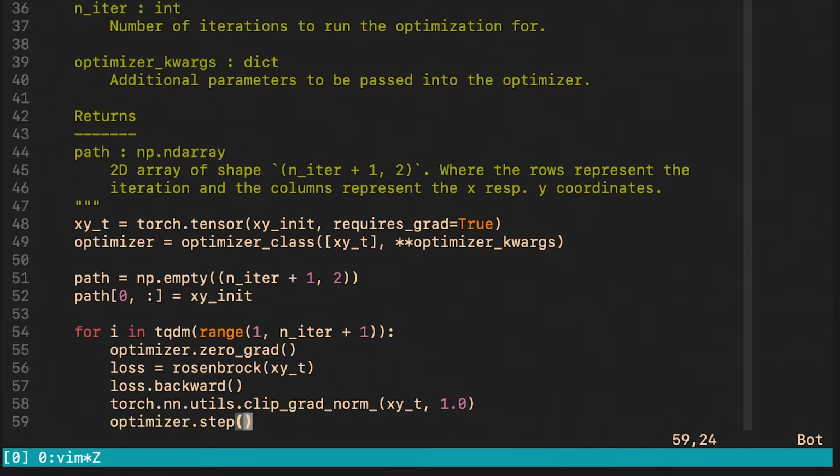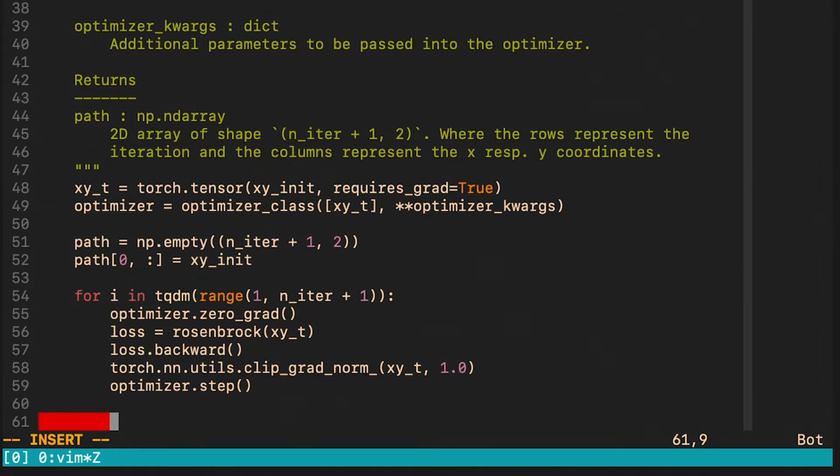We take all our gradients and we clip their norm to 1. We do this to guarantee that the gradients are not exploding. And finally, we call the step method of our optimizer, and as discussed, it will update in some way the value of our parameters.